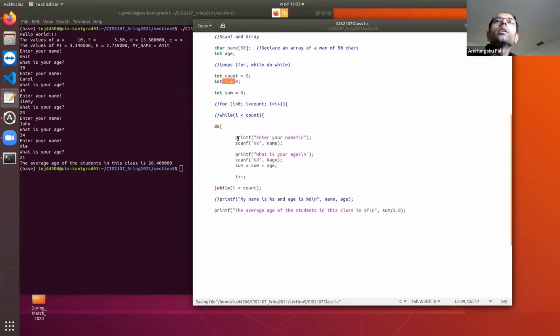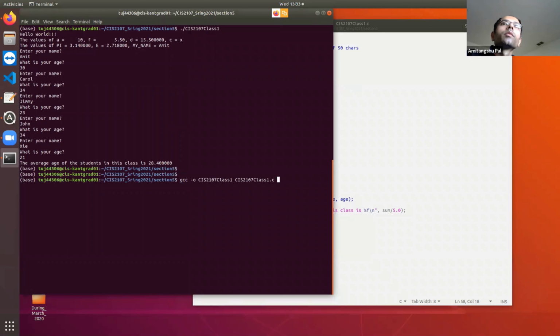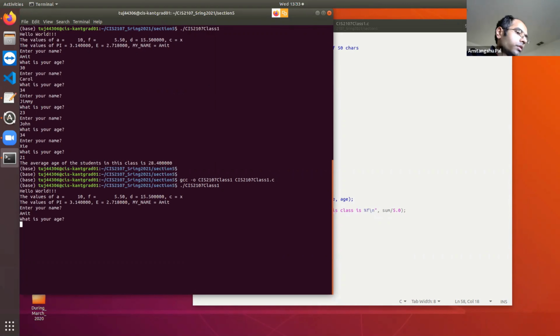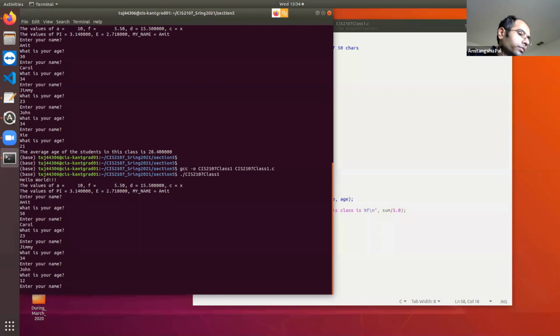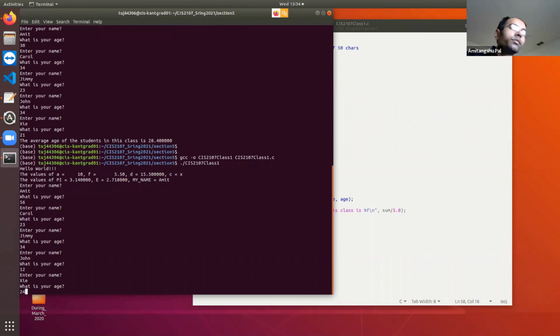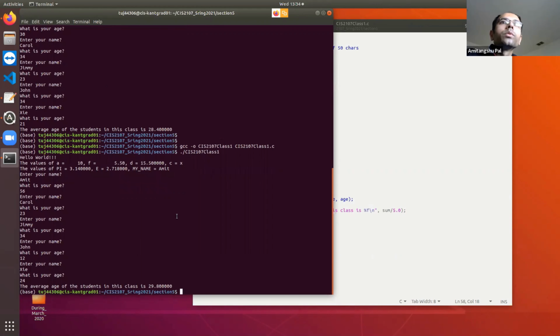Initialization, increment, and condition. The average age of students in this class is 28.80.